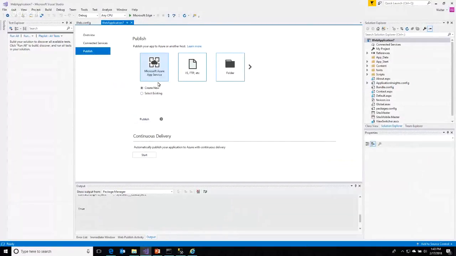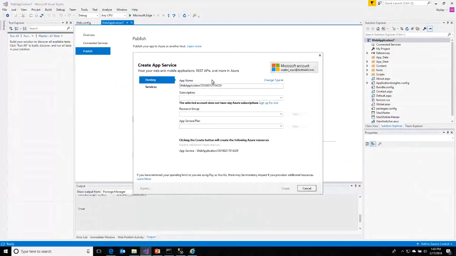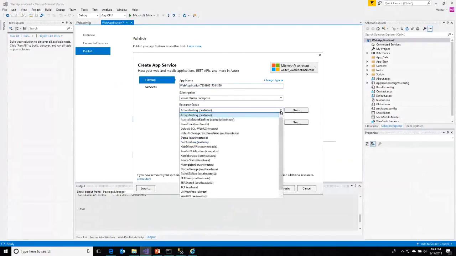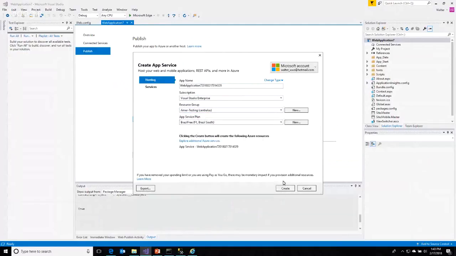You can create a new one. I just click create, and straight away I can give a name. But if I don't want to, I can just use an existing one. I just press OK. But I want to choose Southeast Asia.